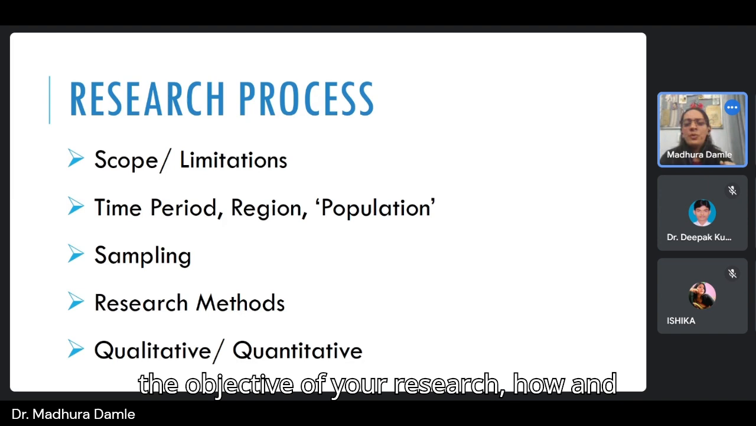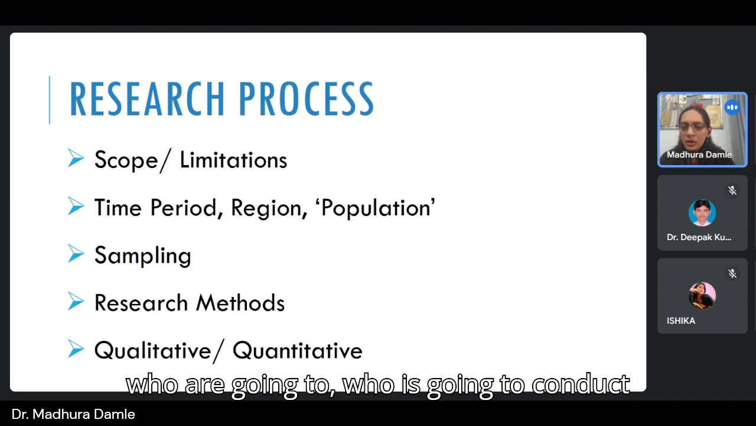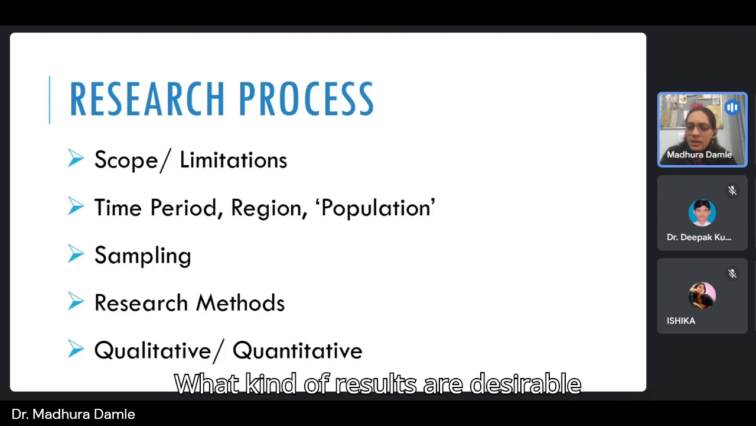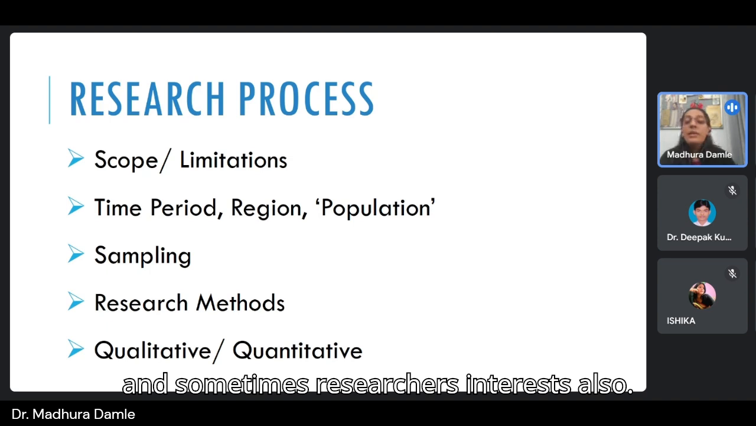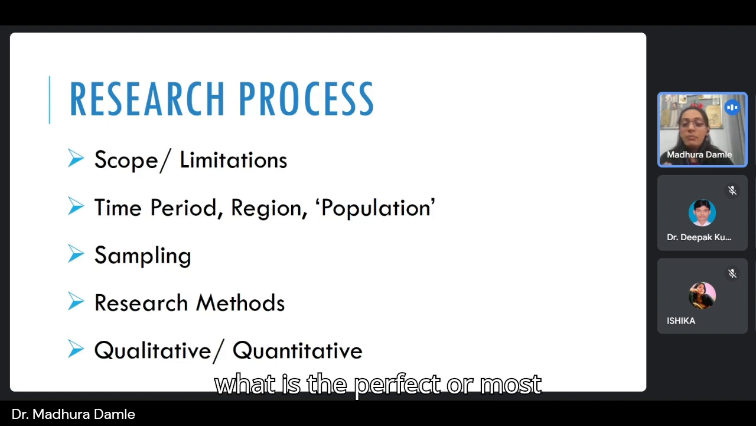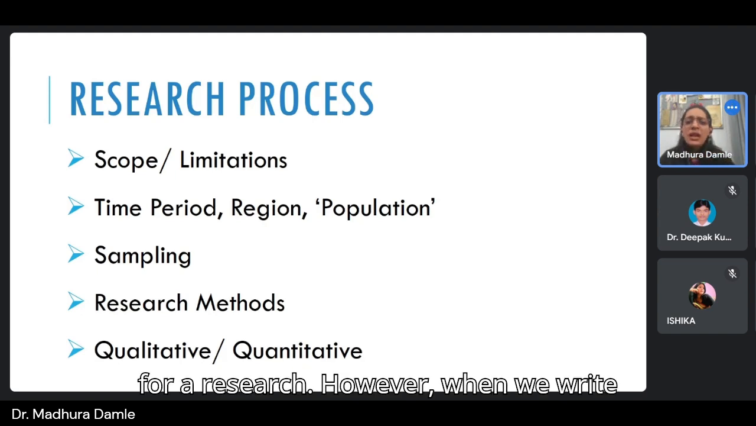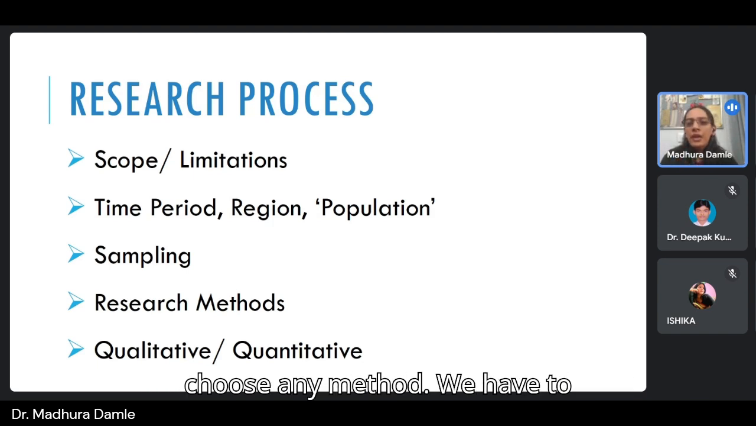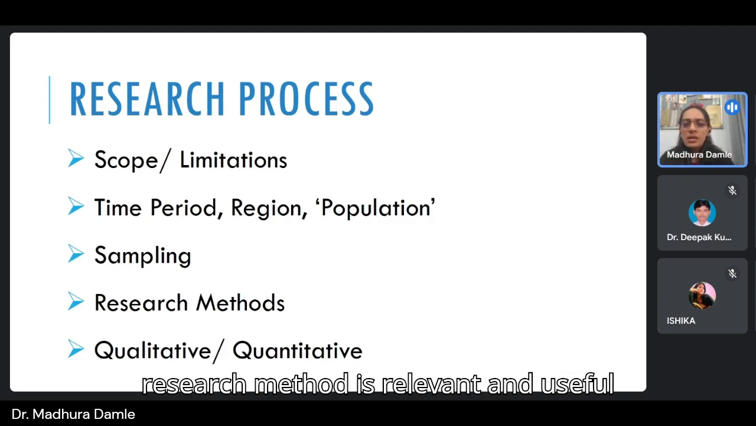What is the objective of your research? How and who is going to conduct the research? How much funding do you have? What kind of results are desirable? And sometimes researchers' interests also. So there is no answer to the question of what is the perfect or most suitable research method for a research. However, when we write our research proposal, we can't randomly choose any method. We have to give a justification of the research method, why a particular research method is relevant and useful to conduct